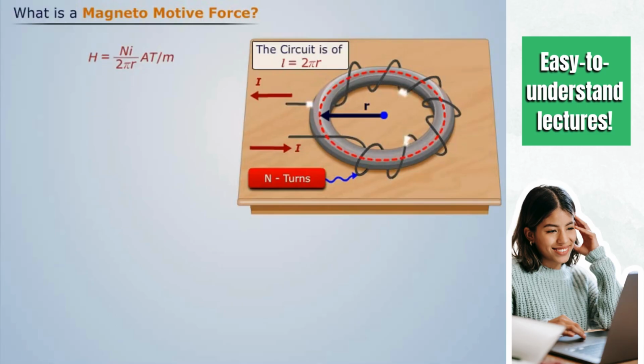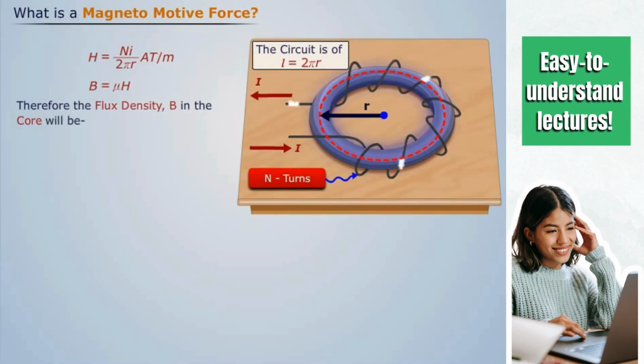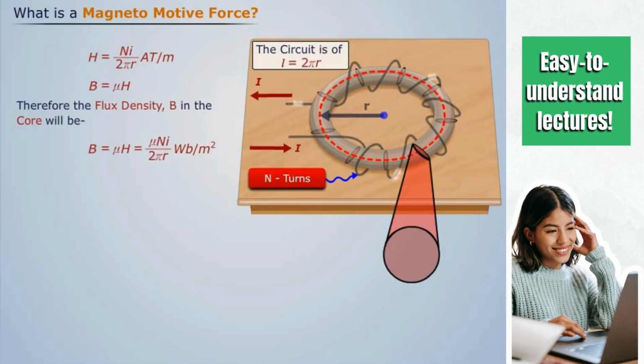We know that B and H are related as, therefore the flux density B in the core will be, assuming that the cross-sectional area is a meter square. We know that the total flux phi produced will be, substituting the value of B in the equation, we get,